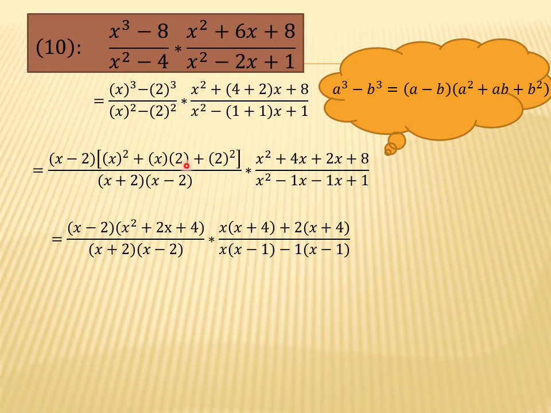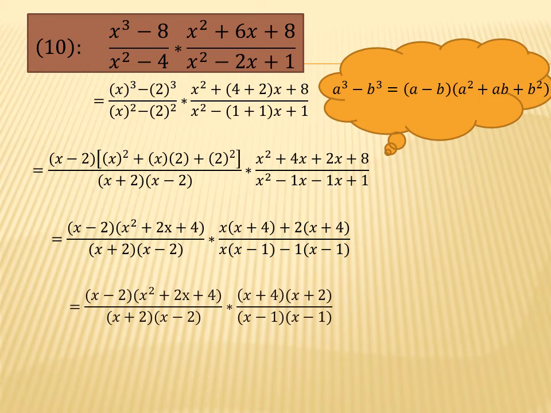Square of x is x square, 2 into x is 2x. Square of 2 is 4. We have taken common from x square plus 4x, which is x, and x plus 4 is the remainder. Plus 2x plus 8, common digit is 2, and x plus 4 is the remainder. x square minus 1x, x is the common digit, x minus 1 is the remainder. Minus 1 is the common digit here, and because we have taken the minus sign as common, we have to change that plus to minus. Now the brackets are the same, it means the middle term break is correct. We will write the brackets once and the digits outside the bracket in separate brackets.